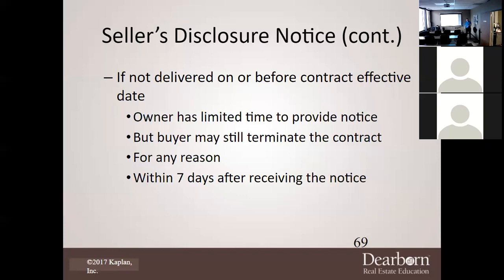So imagine, Aiden, you don't get it to them till 10 days, say you get it to them after their option period. Okay, 10 days is gone. So 10 days have passed by. Guess what happens? Now we flip over here. We have our 10 days. Now you get it to them on that day. Now they've got an extra 7 days that they can back out. So you just gave them basically the entire transaction as a free option.